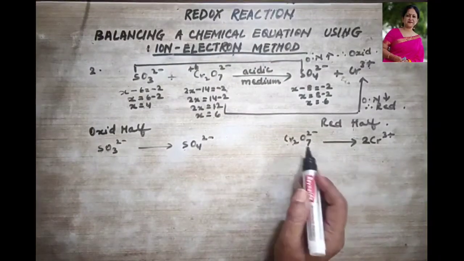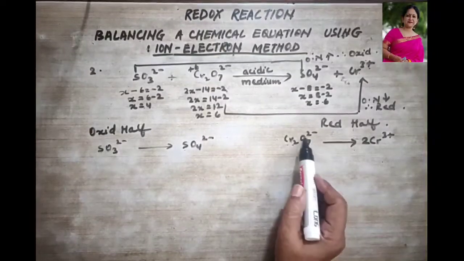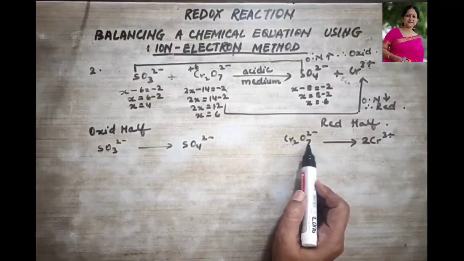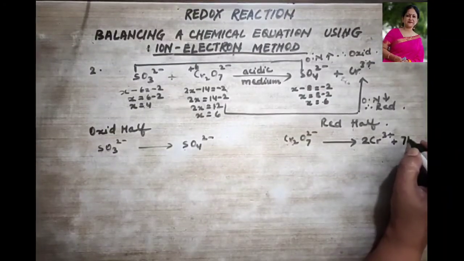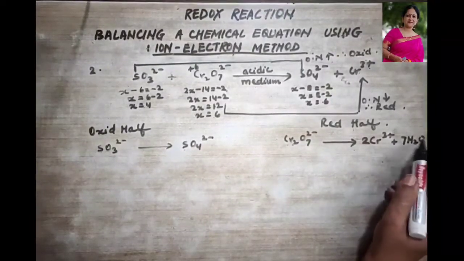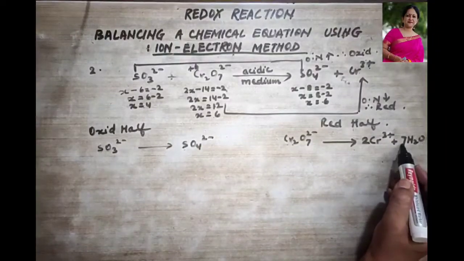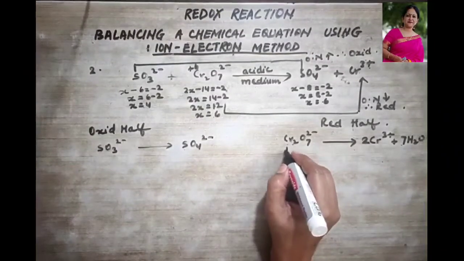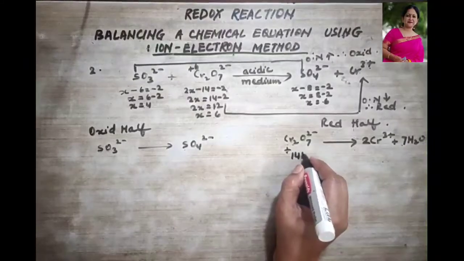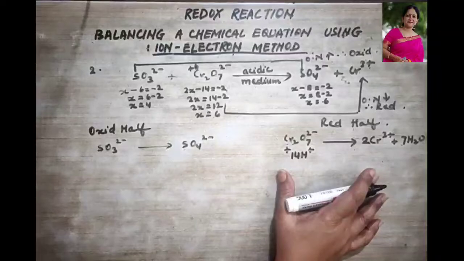Now we have to balance oxygen. So to balance oxygen, what has to be done? How many oxygen atoms? 7. So we need to add water. So how much water? 7 water. That gives you 7 oxygen. But now while adding 7 oxygen, we have got 7 2s are 14 hydrogen. So what will we do? We will add plus 14 H ion over here. I hope till here it's clear.